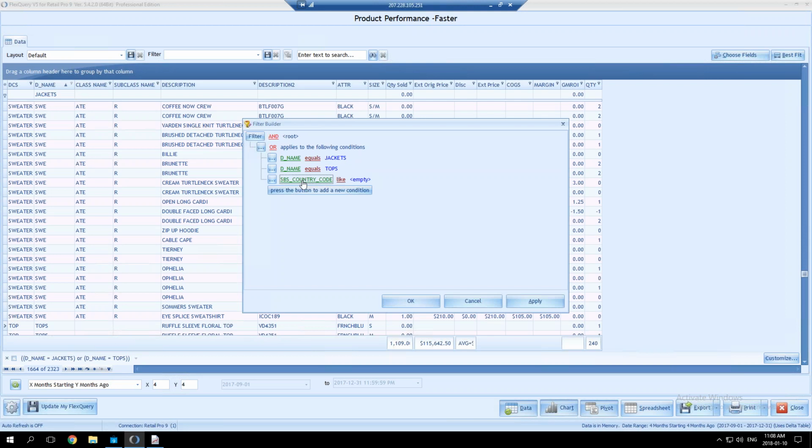Let's get even more complicated with it. I add a new condition. By default, it's country code. I can filter by any field, so it doesn't even have to be in use on the report. I can filter by that field. So maybe I want to filter by quantity sold, so I only want to report on ones that are greater than or equal to 1. So for this report, I just want to see jackets, tops that are sold in the past 4 months, and where my, let's see, quantity on hand